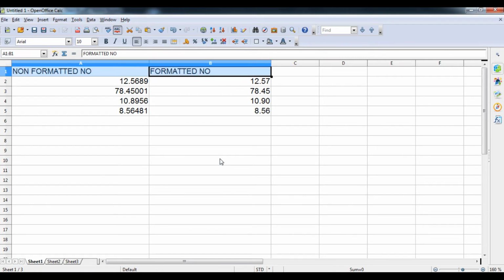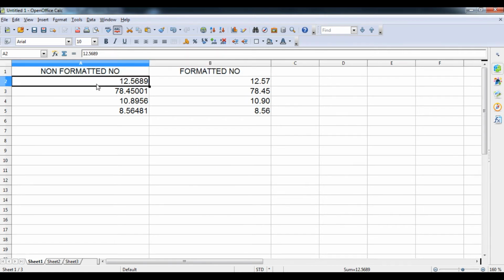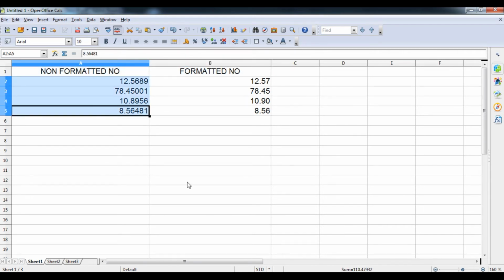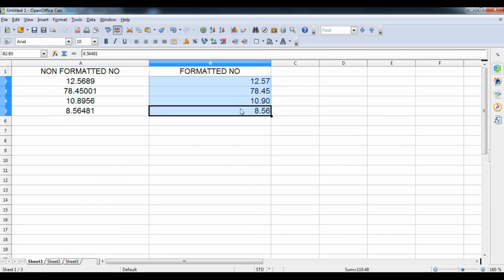So make sure you remember this. This question may be asked in a test also. So Control E for center. I will apply the formatting here also. You have to select the particular cell or cell range. Now you can click Control L for left, Control E for center. So I will do the same thing here also, Control E for this one.